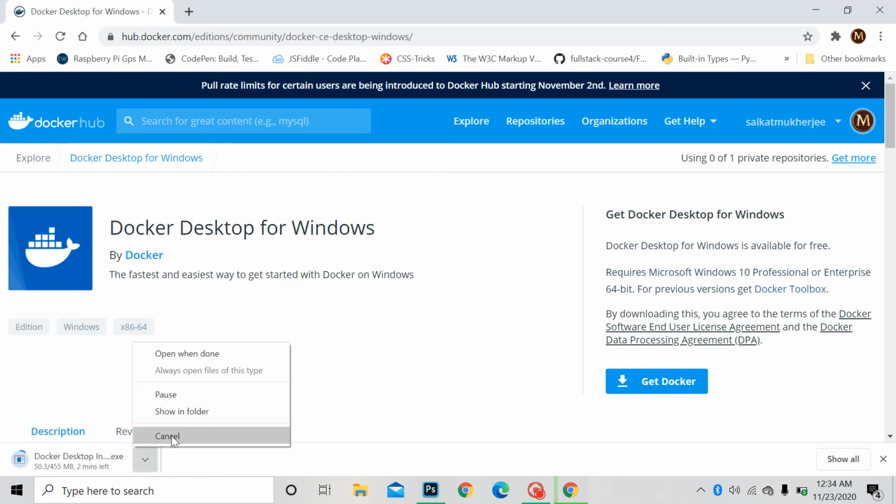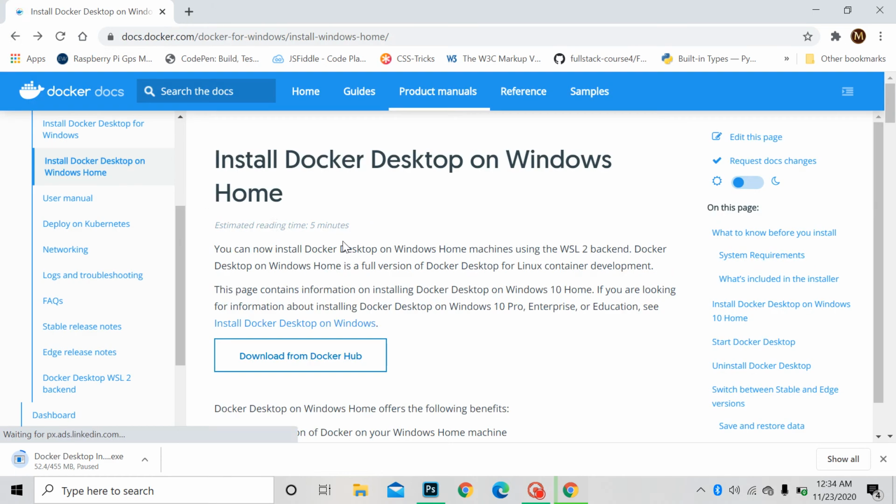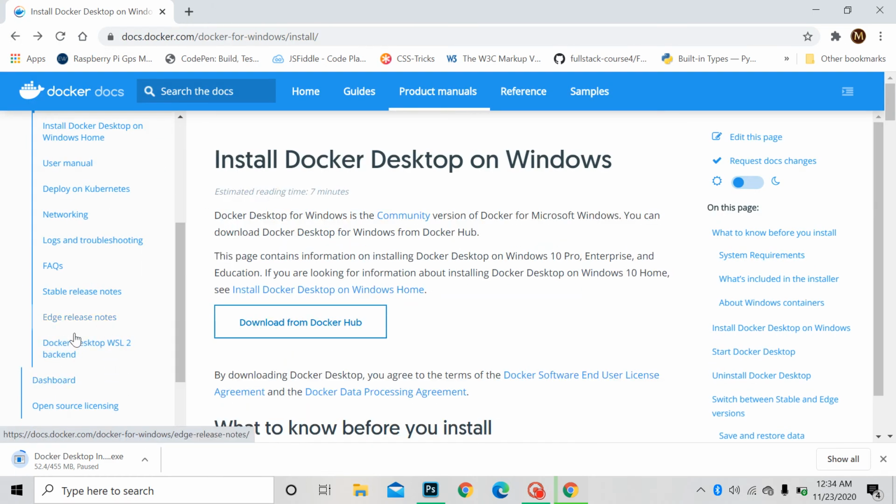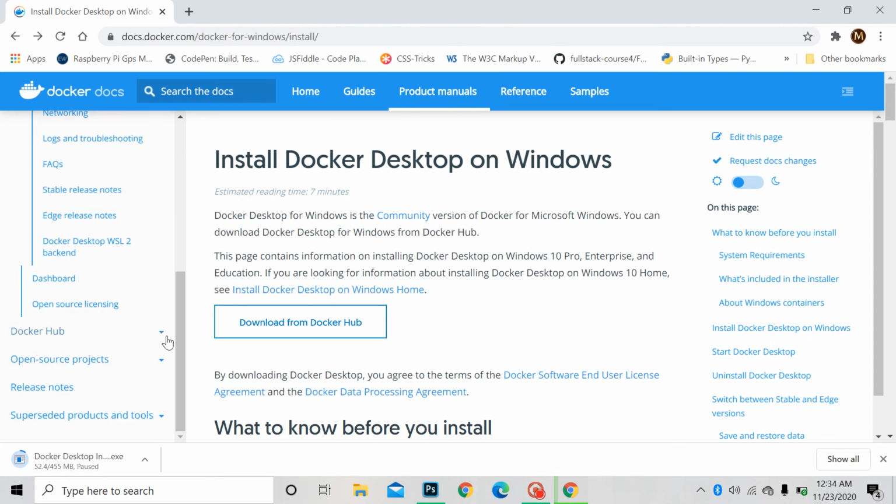Okay, pause the download, and I have to show you something else here. It's a technology, so it's updating again and again, day by day.